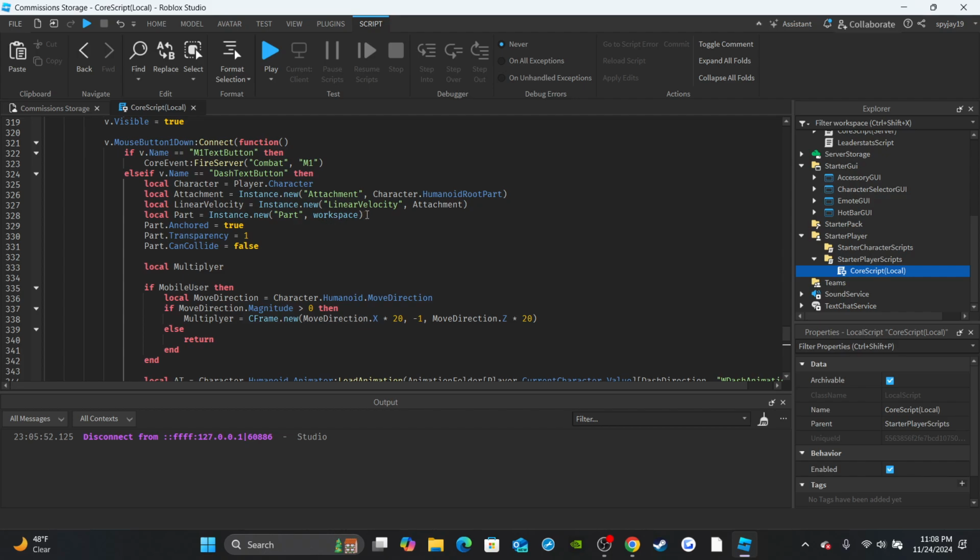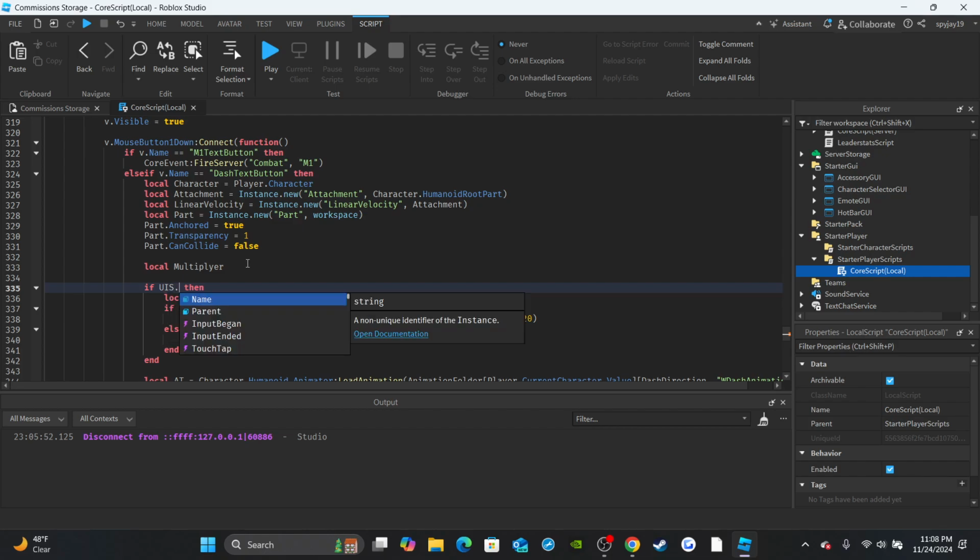Velocity, attachments, multiplier. Well, the only thing I changed was this. I said UIS.TouchEnabled, but that didn't really matter because that's the same thing as saying just